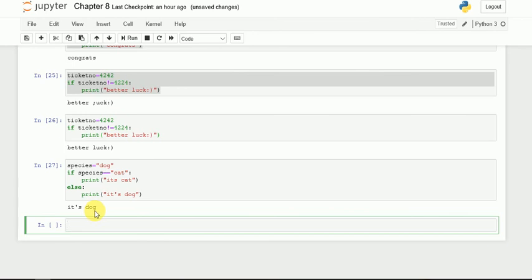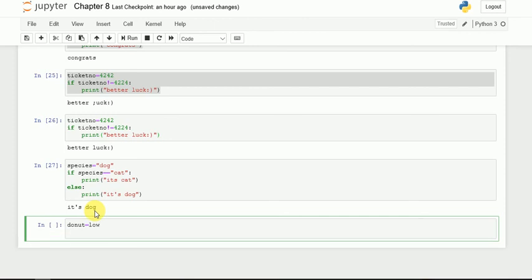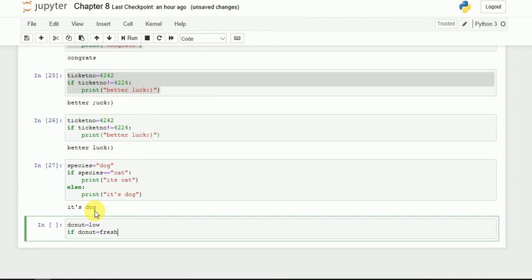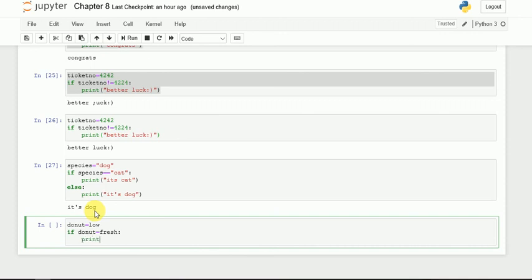And what about donuts? Let's check the donut example. Donut status equals low, right? If donut equals fresh, print, sorry, I forgot the colon, print buy equals 10.